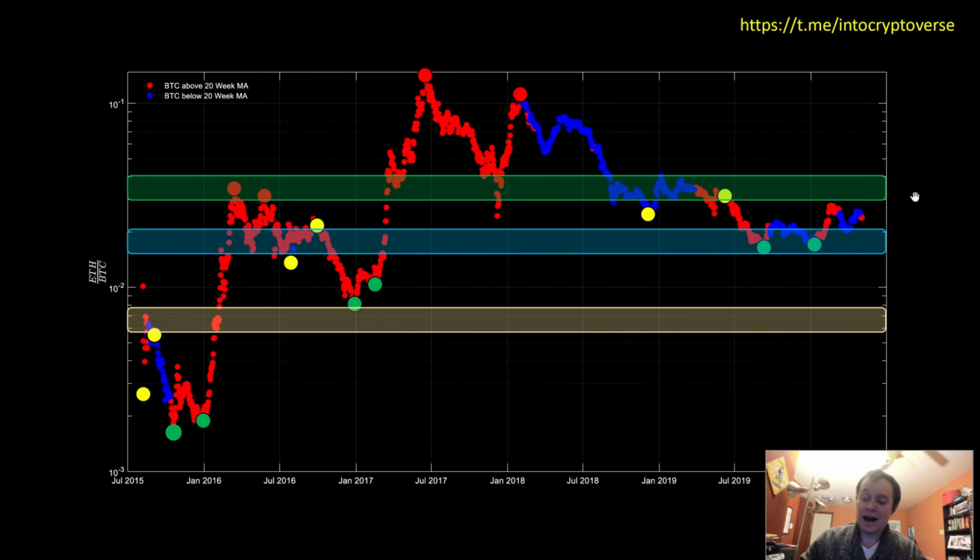I wanted to go ahead and add onto this chart the chart that a lot of people seem to like. It's basically everything is the same, but I'm just color coding the Ethereum Bitcoin ratio by when Bitcoin is either above the 20-week or below the 20-week. So you can see back in the last cycle, when Bitcoin first got above the 20-week moving average, each point here corresponds to a single day. So when it first got above the 20-week moving average, it took a while before it really took off.